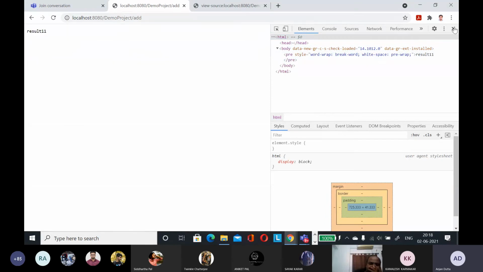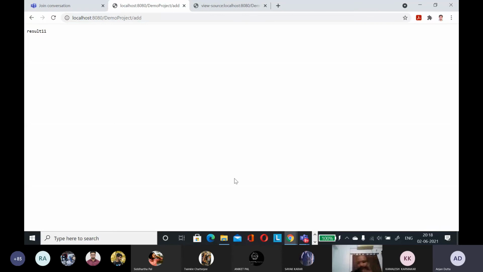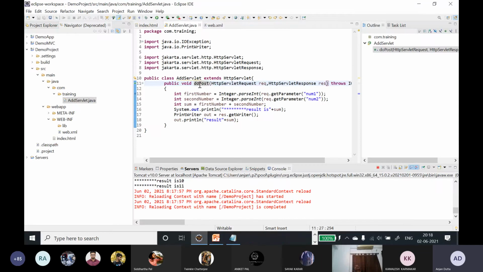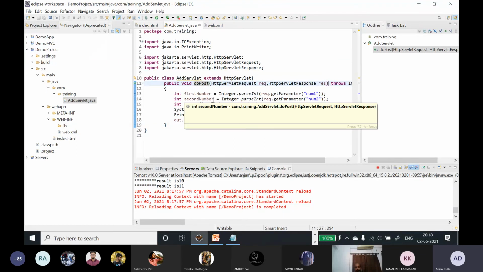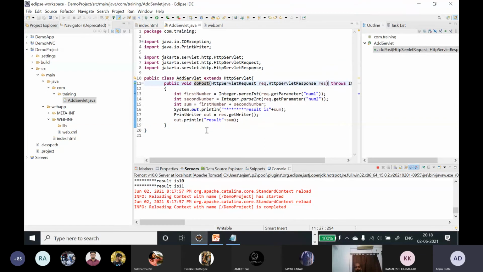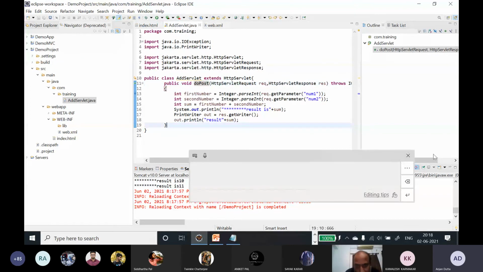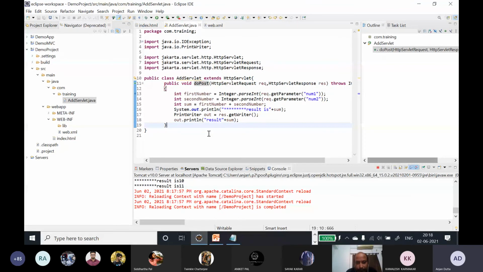So here, to receive the post request, instead of service, we can have this doPost method. Okay, doPost method. And so if I run this,